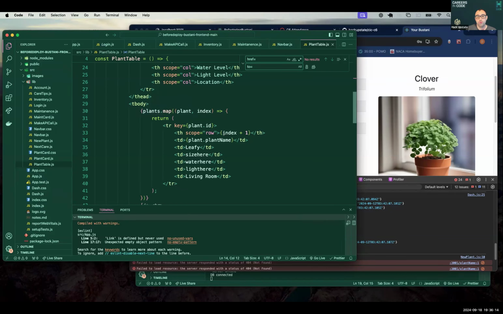Yeah. So if you use the plant.id as the row number, it's possible that if you delete a plant, your table would show 1, 2, 4, 5, 6 if you deleted plant ID 3. So instead, you use index because the array will always be 0, 1, 2, 3, no matter what the ID is in the database. So I use index to basically say, just use whatever number this is in the array and then add 1 to it, because otherwise your first plant would be 0.